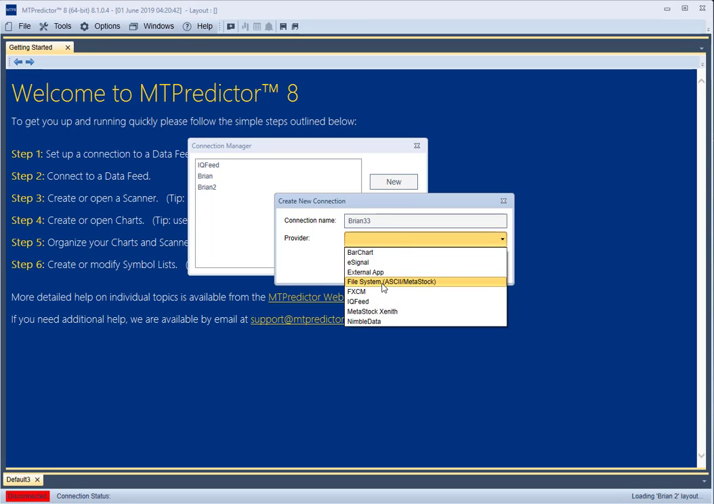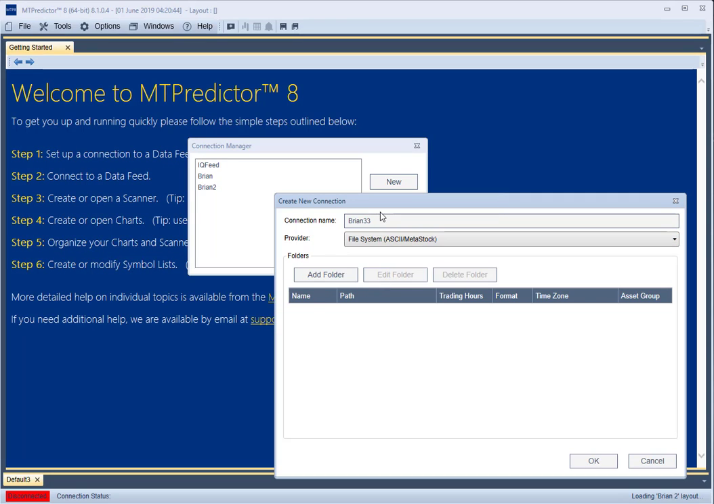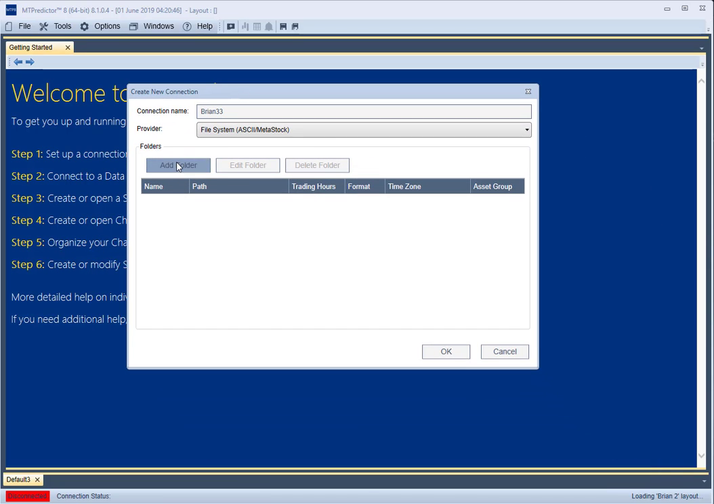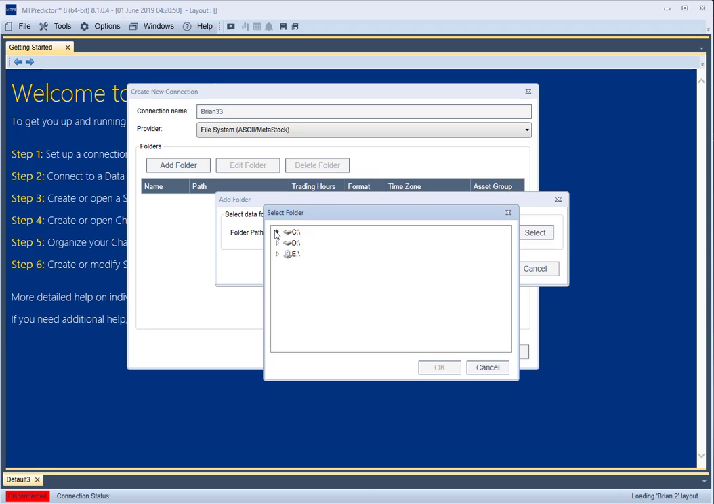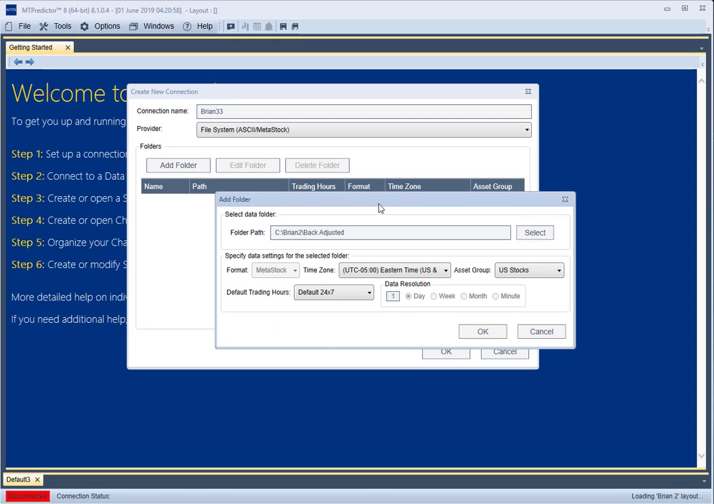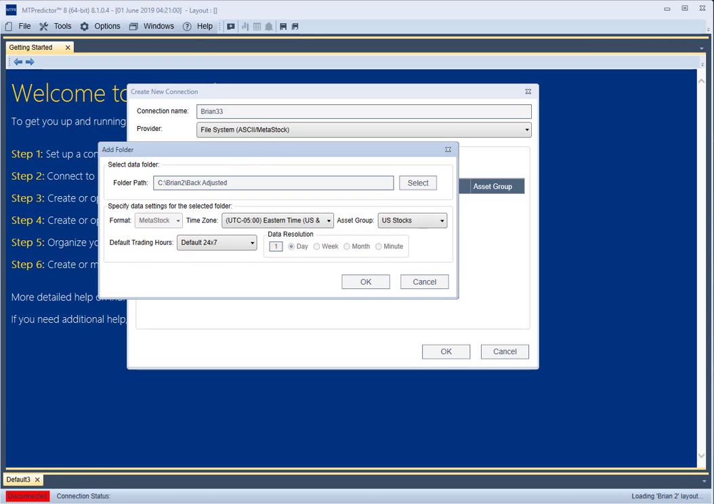Come down here and do File System. Add folder. I'll just go and find the folder where I unzipped your data. This was here. And then do OK. Now the important thing here is because your data is containing futures data, so what you